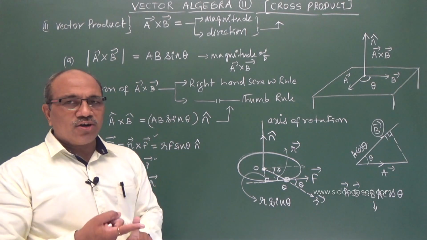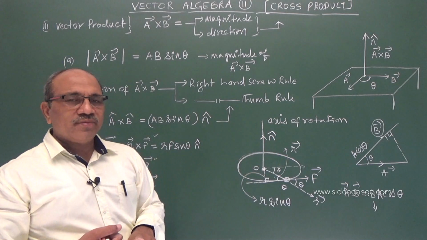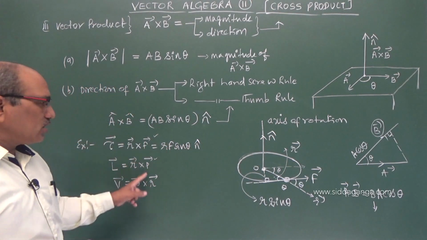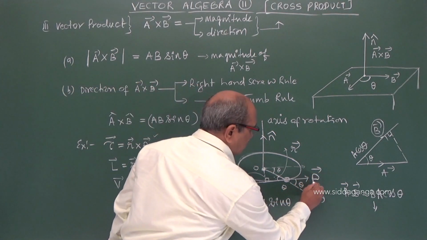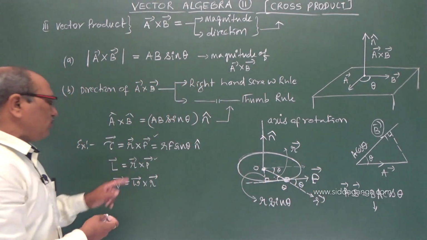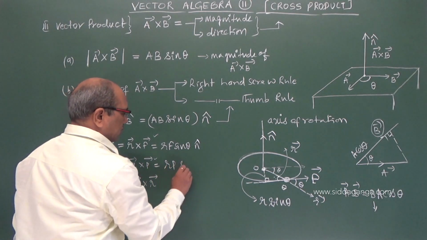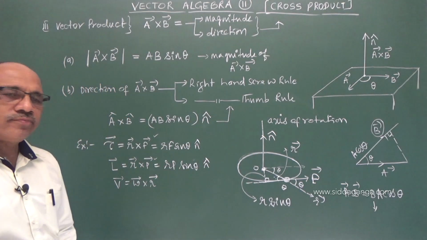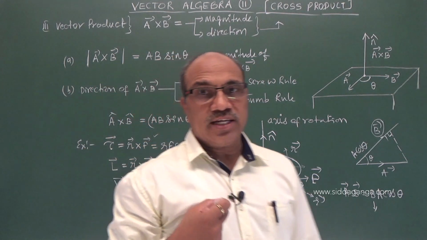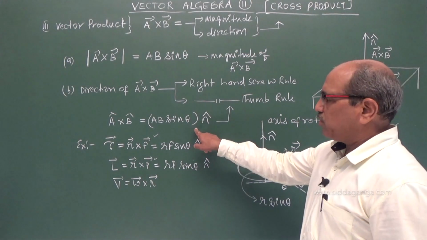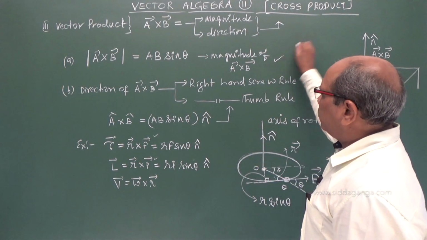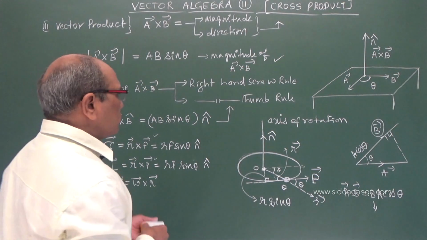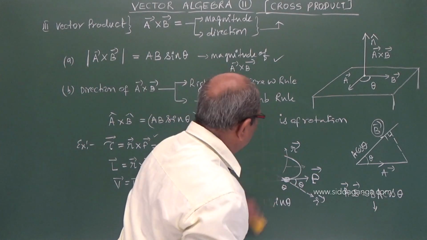AB sin theta, AB cos theta comes, it is dot product. AB sin theta comes, it is cross product. Here I told you, instead of F, I am just writing this P, and that holds good for this equation. That is r p sin theta into n holds good. So now you come to know how the magnitude of the cross product is. We have to come to the direction concerned. There are two rules we are using.